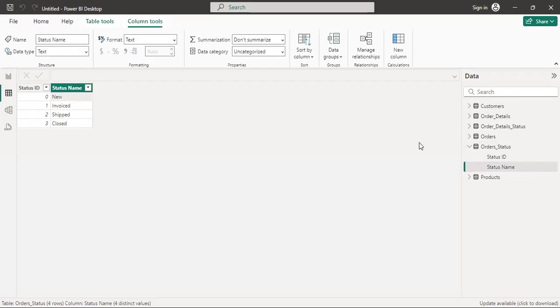You will have to use a combination of these other details and orders, because this is where the orders are. The orders are in the orders table, but the list of the possible statuses is in the order status. So you need the combination of both of them. And for Power BI to be able to